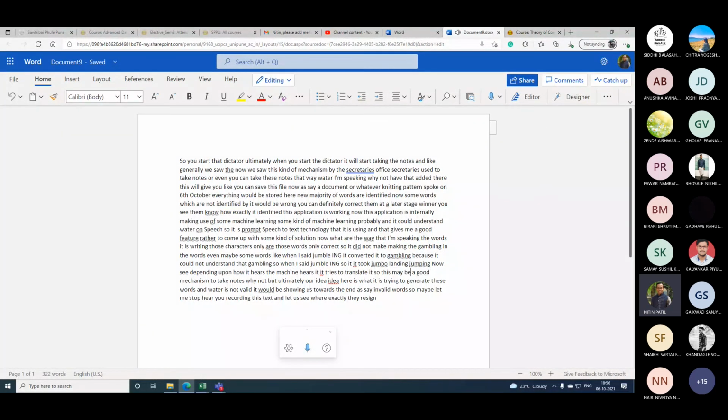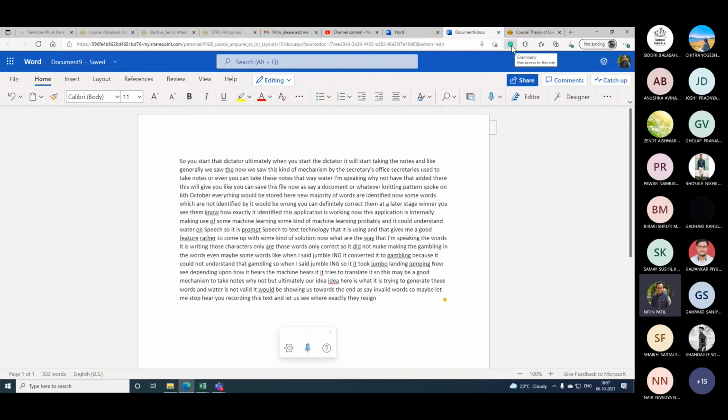Now it stopped. You will see this word came double. It gives me a suggestion when I write secretaries; it says secretaries should be written like this. And then it will give you some important suggestions. Now I am using something called Grammarly. You can install that even. It is free for us now with Windows.